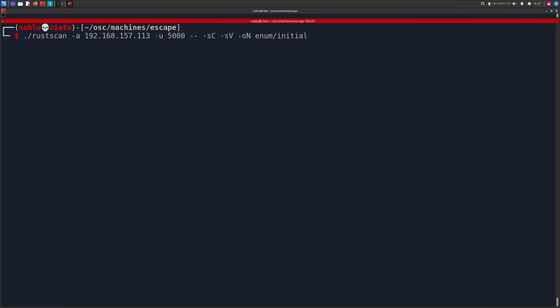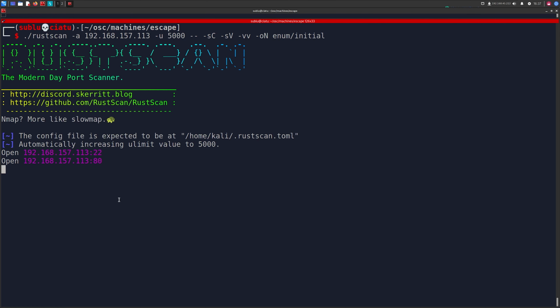And what I also want to do is do a -vv to get the TTL and stuff like that. So let's go ahead and send this through. This is a regular port scan. We also have